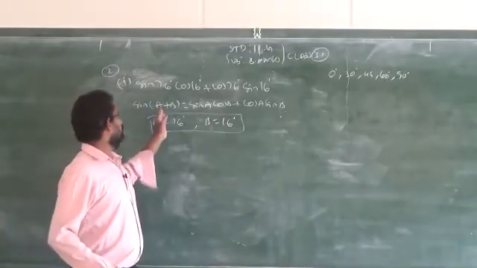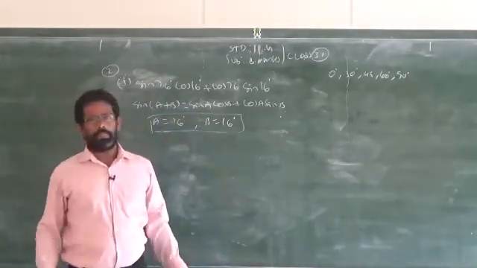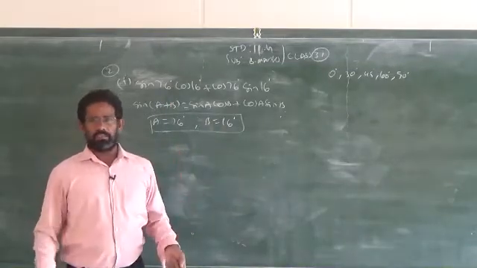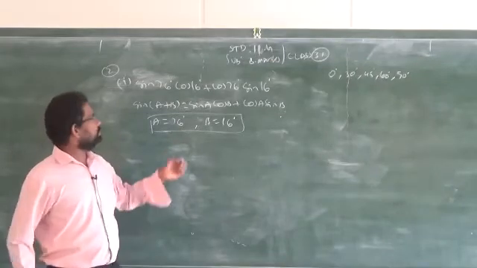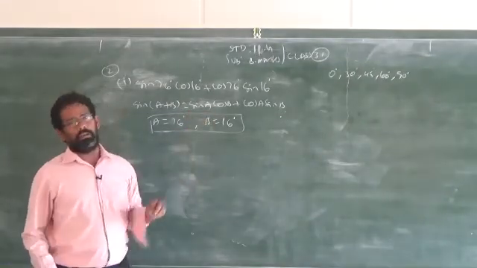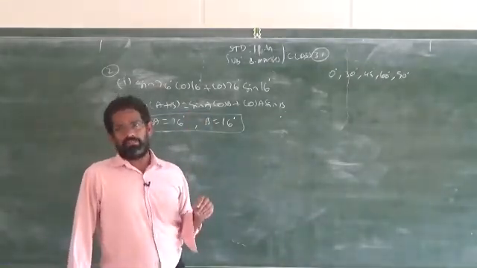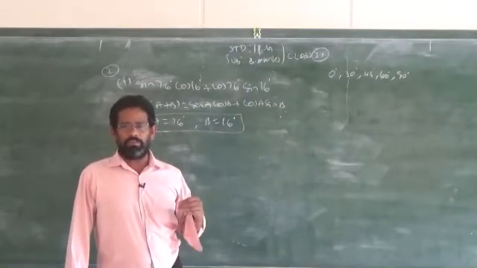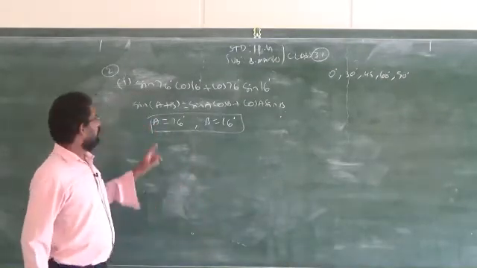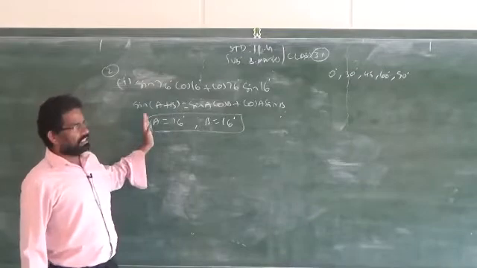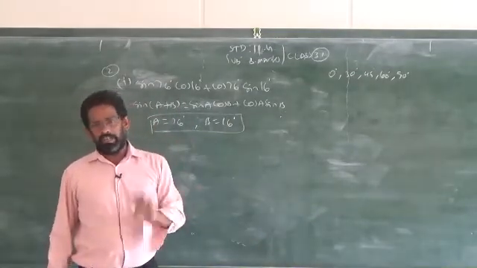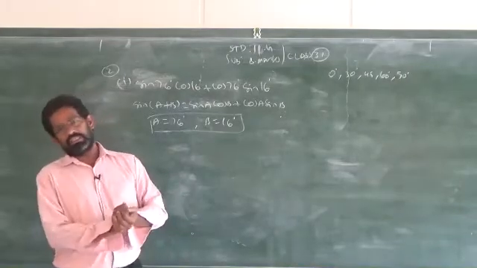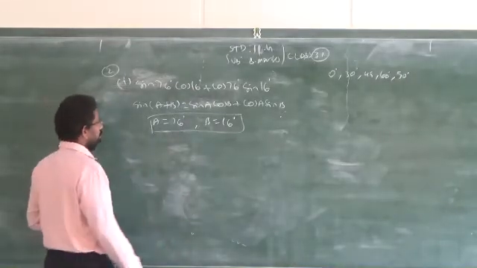Whatever the values you replace A and B with on both sides, you will get the same answer for all values of A and B. Clear? That's why it is called what? Identity formula. It never gets changed by replacing A and B. You never get a different answer by replacing A and B in the left side as well as the right side. You will get the same answer on both sides. That's why it is called an identity in trigonometry.